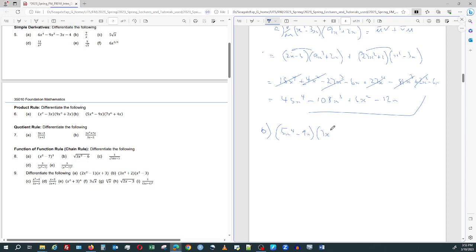7x⁶ plus 4x, u v, so u dash will be equal to 20x³ minus 9. v dash will be equal to 42x⁵ plus 4. And so the d/dx of u times v will be equal to